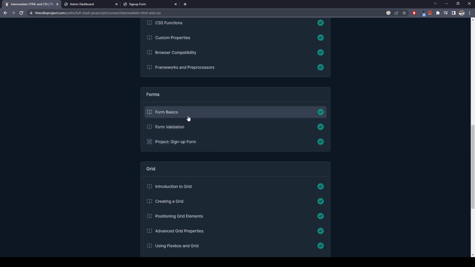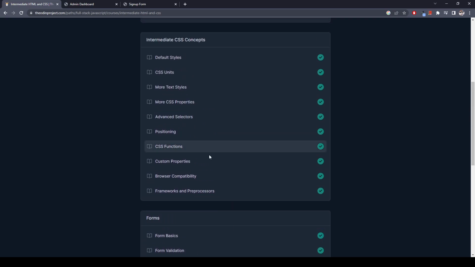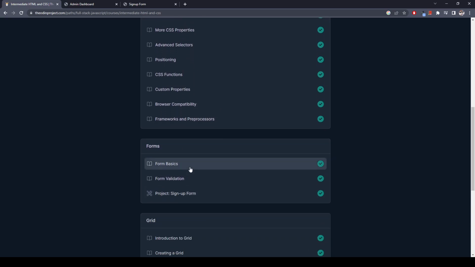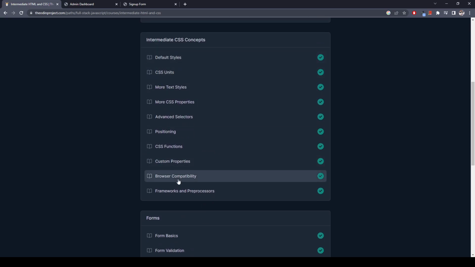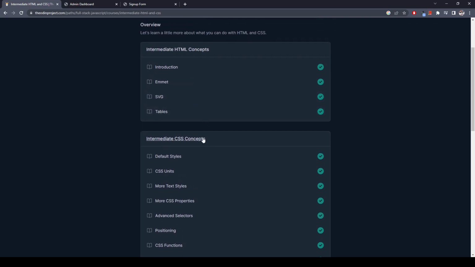Anyways, we also have a sign up form here, and forms are, in my opinion, a lot of information to take in at one time, but maybe it was just the way that I learned it. I just took all of the text from this at once and didn't even try to practice it until the sign up form. It's maybe compounded by the fact that none of these intermediate CSS concepts has a project,